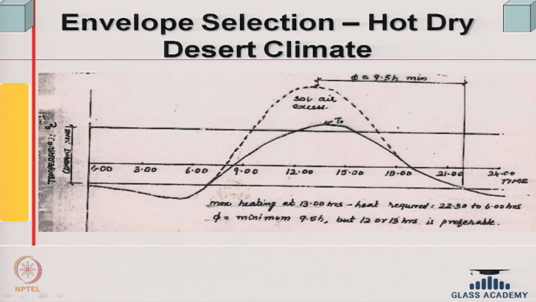And for the roof, at 12 noon or near that, the peak is there. So, I need around 9.5 hours or something like that. This is an example of how I can choose the wall element. Now, to have high time lag on the east wall, I need a heavy wall, density as well as specific heat, right, and also length. So, we can design, I am just saying, you cannot design a non-uniform wall system, but judiciously one can think about it. Now, this is a quick understanding of this,